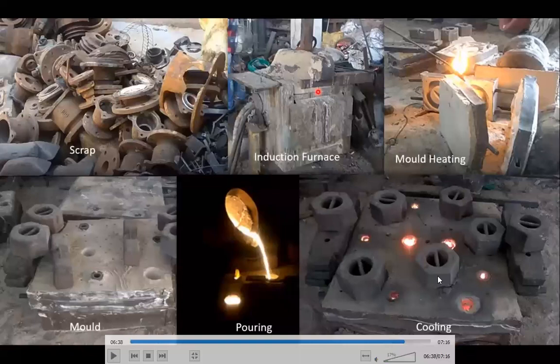Okay. So this figure which I am showing here is nothing but the induction furnace, how it is used in a casting process. All types of furnaces are used only to melt metals, but here the diagram shows what type of scrap they selected, how it starts melting, what the next molding process is, how it is arranged, how the metal is poured to the ladles, and after that how it starts cooling. Yes, friends. So this is known as your electric arc furnace.